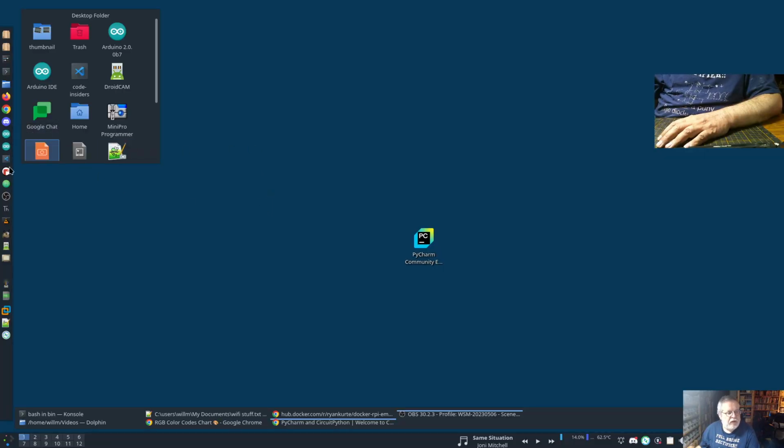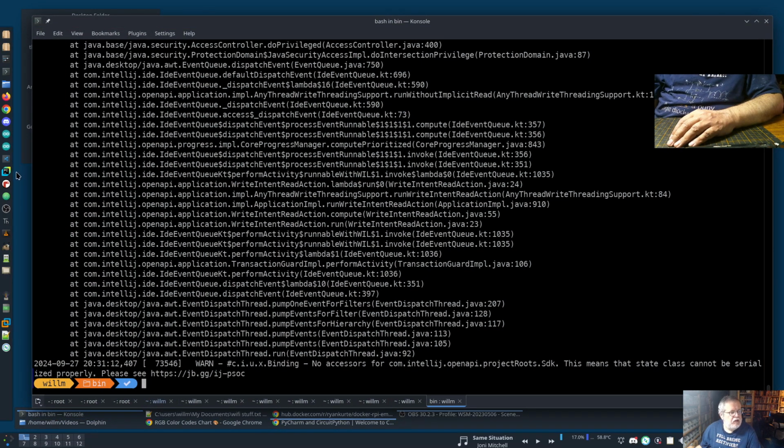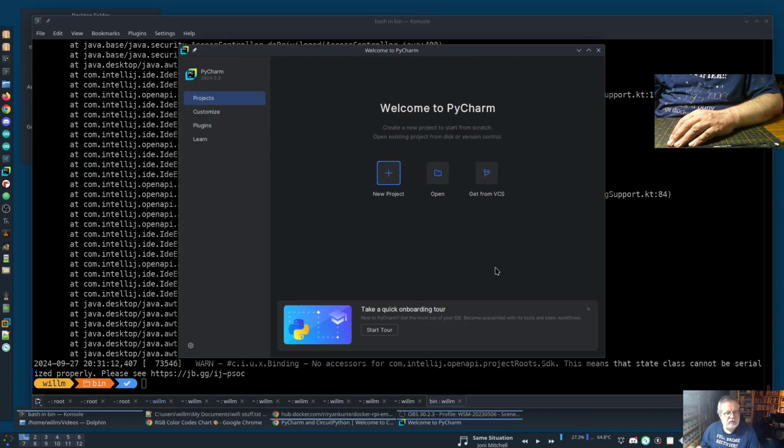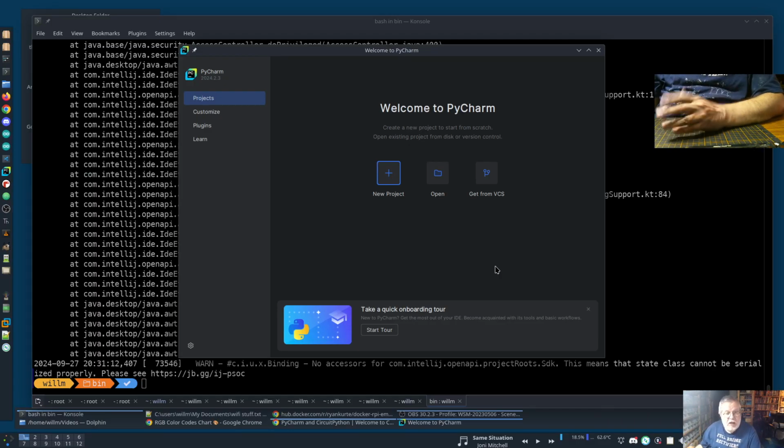So with all my other editors over there. So in KDE, if I click it and hold for a few seconds, it becomes a movable icon. And if I go like this, there you go. Now, as you can see, it's sitting in there. Okay. I don't think I need that, but now I click it from over here, and it's not running in the background and generating all those Java messages. It is a Java application, so